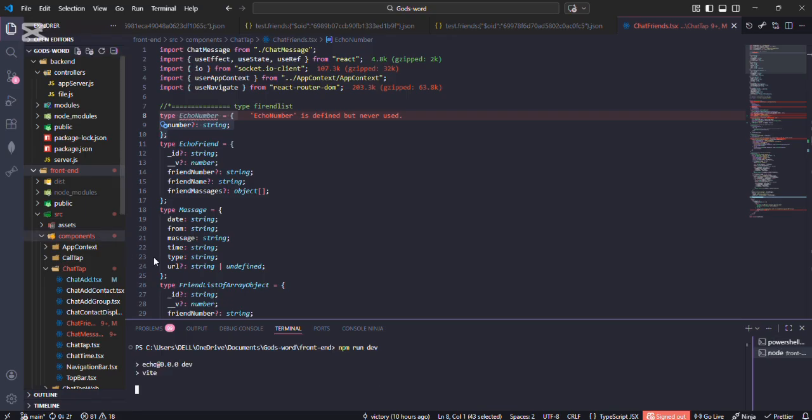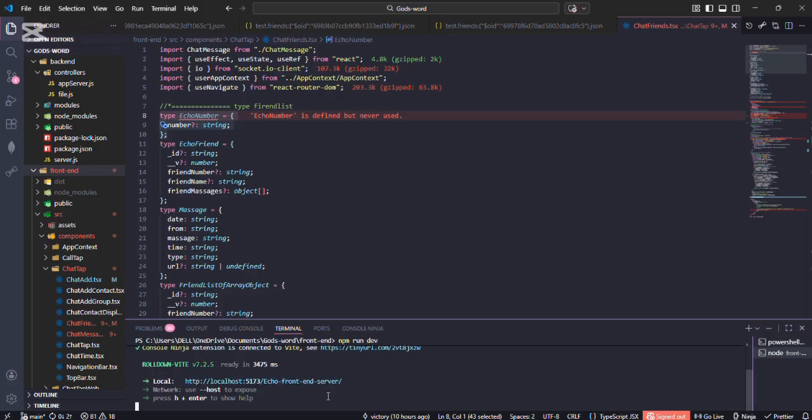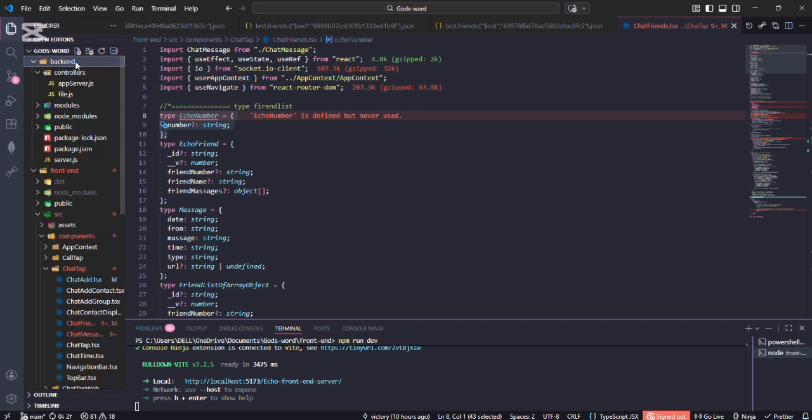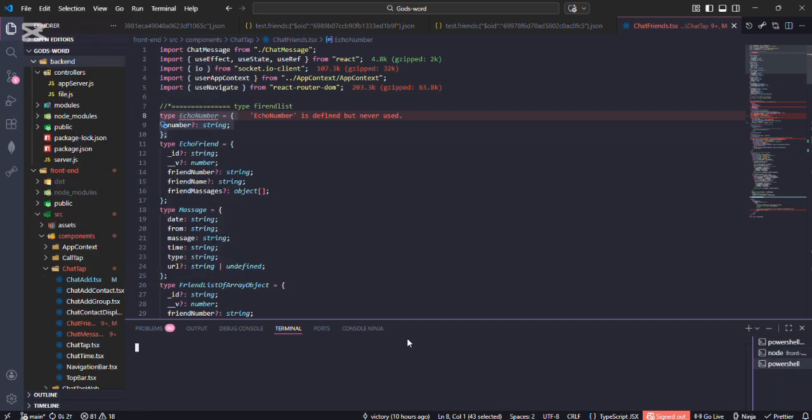npm run dev. The server is running on localhost 5173 on the root directory, echo front end server. And we've got to start our back end server. I'm using node so it could automatically restart my changes. So that is npm run dev start,